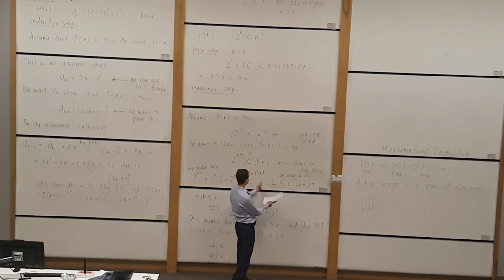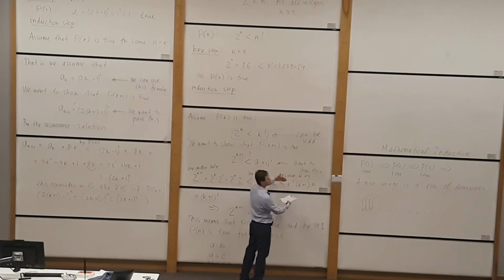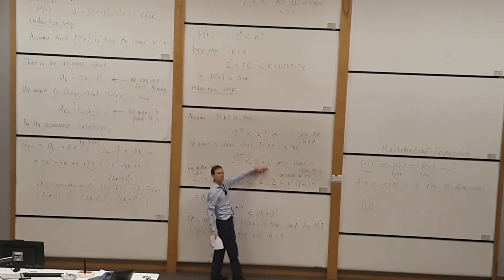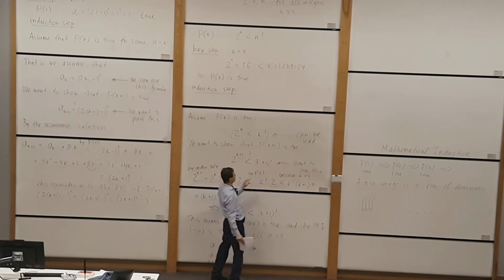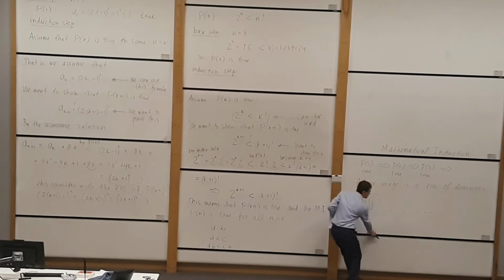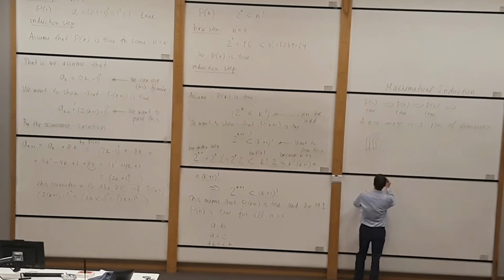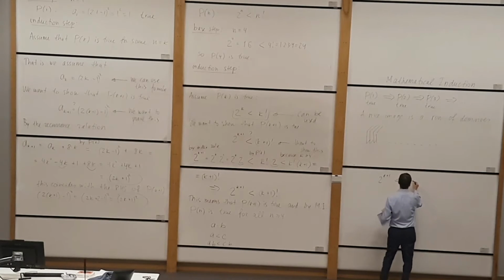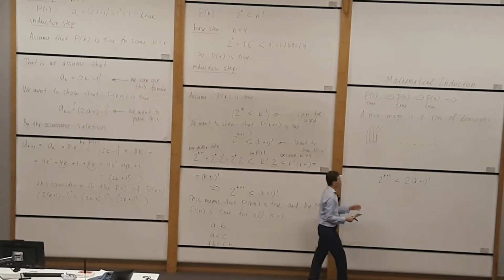Okay, so you're suggesting to keep 2 as it is, but replace k factorial by k plus 1 factorial. Yeah, but then it will be less than 2 times k plus 1 factorial, which is an overshoot. No, that's not good. You can't go back, because what you suggest would show that 2 to the k plus 1 is less than 2 times k plus 1 factorial. But what you want to show